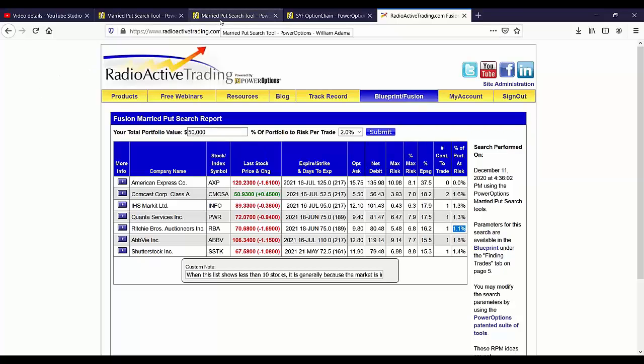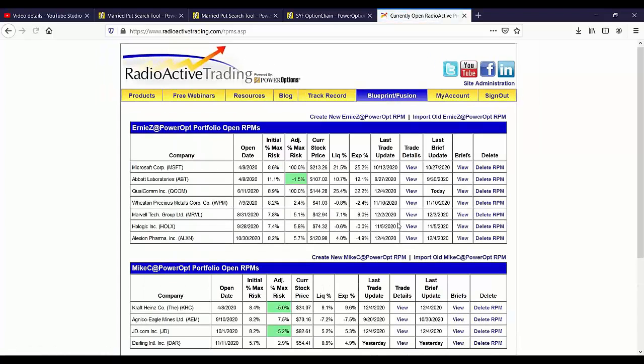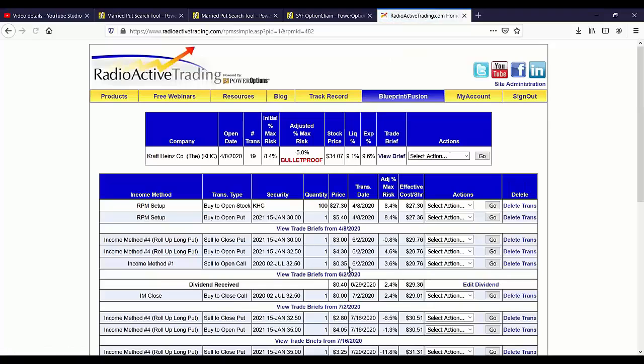That being said, by the way, let's go back. Sometimes it's okay to overpay. Sometimes it's not, but sometimes it's okay to overpay. Let's go back here. Open trades, trade tracker, the current open positions that we have, and the Kraft Heinz position. I just want to pull that up. April 8th. So after that March decline, the February to March decline, March 20th, I think 25th was the bottom,